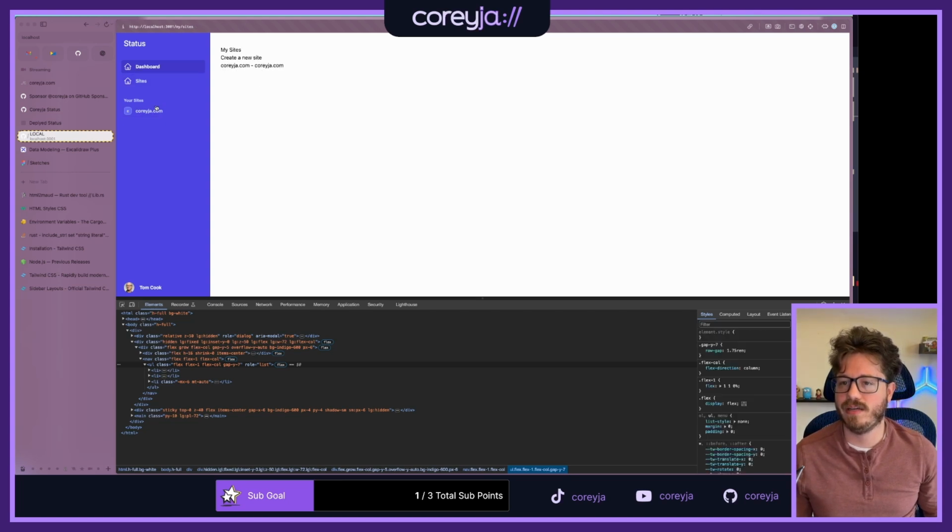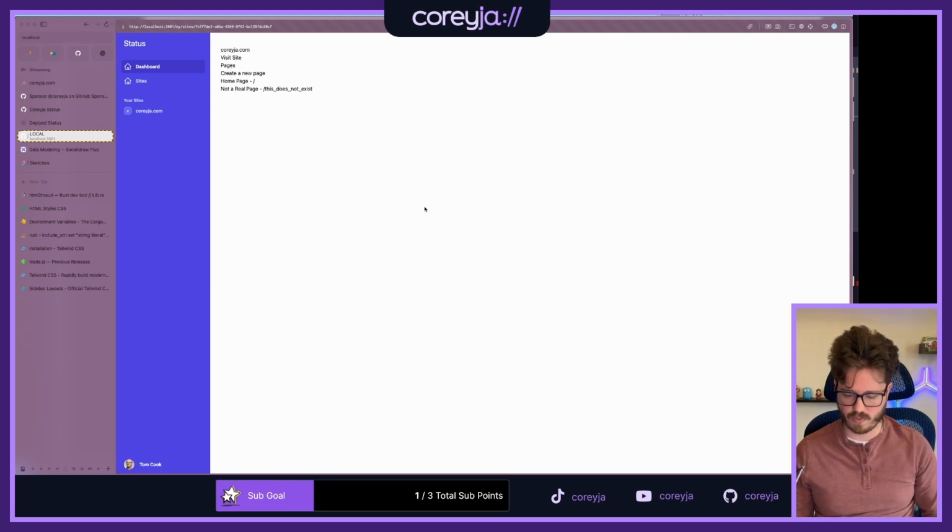Okay. I think our sidebar, the only thing I want to think about for the sidebar is the selected state. I might even just say that the dashboard isn't selected right now until we come up with